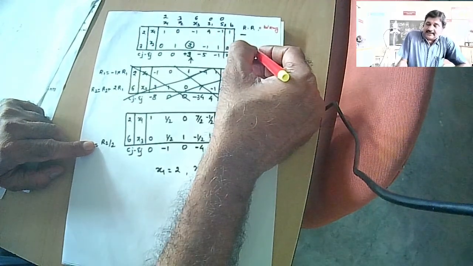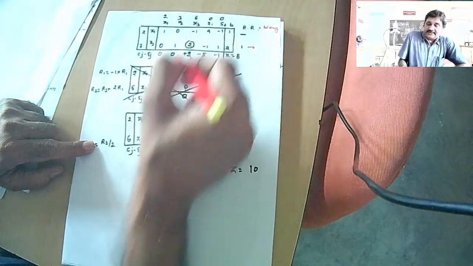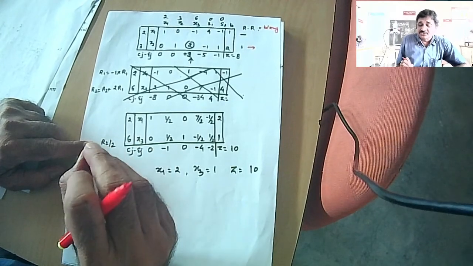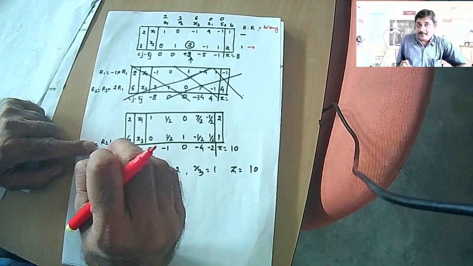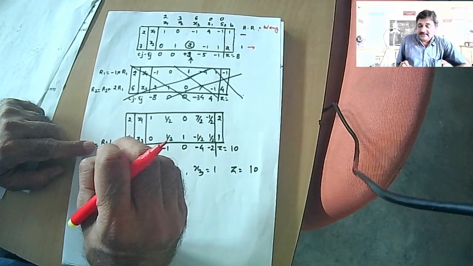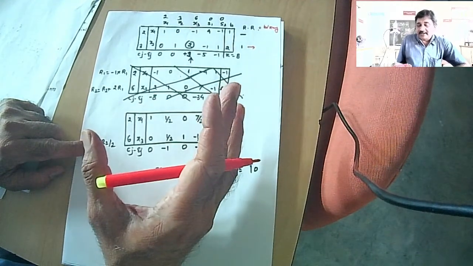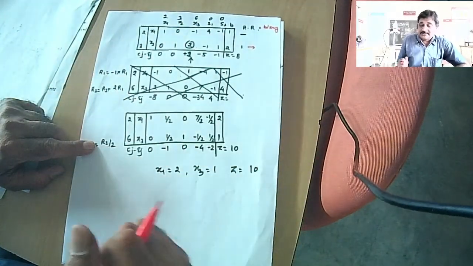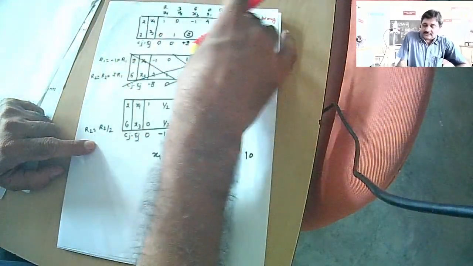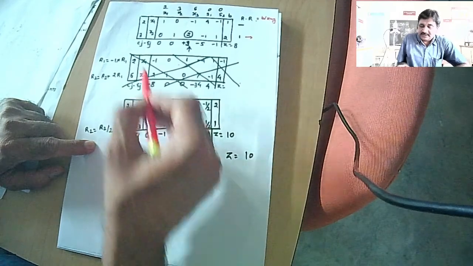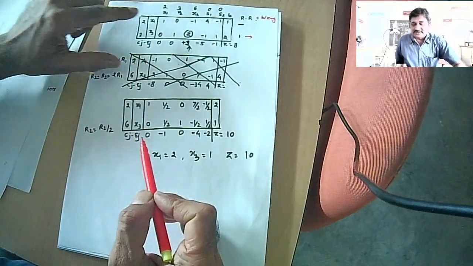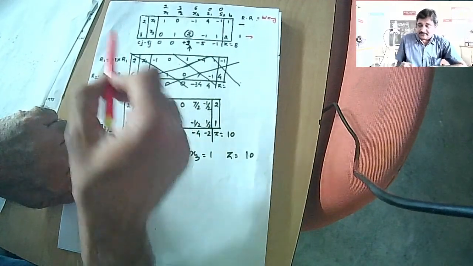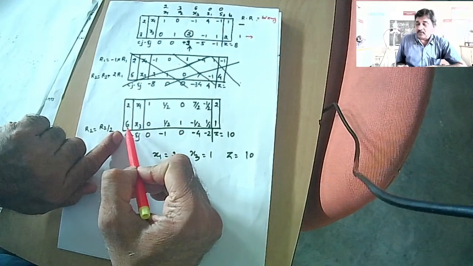So, x2 will be leaving variable, x3 is the entering variable, because the profit per unit of product C has increased to such an extent that now it becomes profitable to produce product C in place of probably product B or A. But this is giving a clue to us that B has to go out and C will be entering in. So with this information, you start doing the adjustment. Your basic variables, as you do in simplex method, will now be x1 and x3. The coefficients of x1 and x3 from objective function will come as 2 and 6 now.